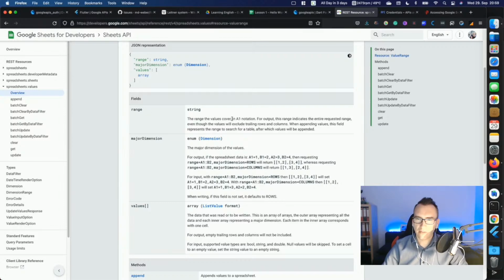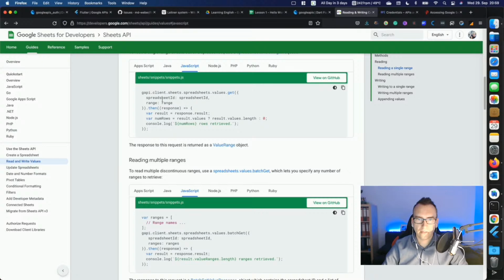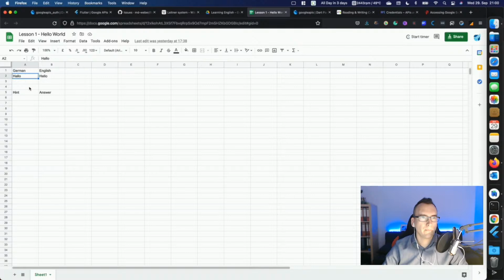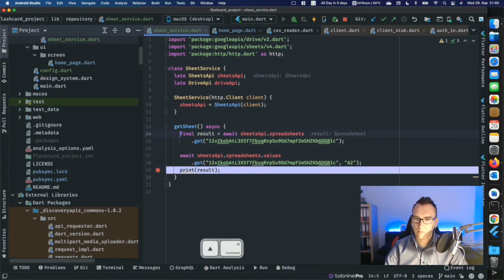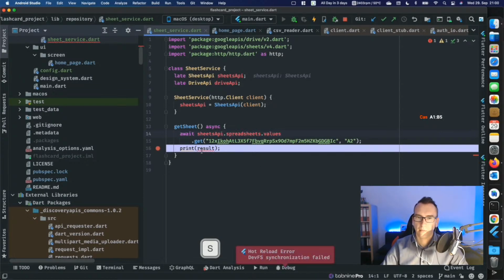The range is the values covered, in A1 notation, for output. The range indicates the entire requested range. So that being said is major dimension. Okay, I think I understood. So to get this range, we want now to access, for example, A2. So I can say A as a string, A2. So finished. Get rid of that. Final result equals